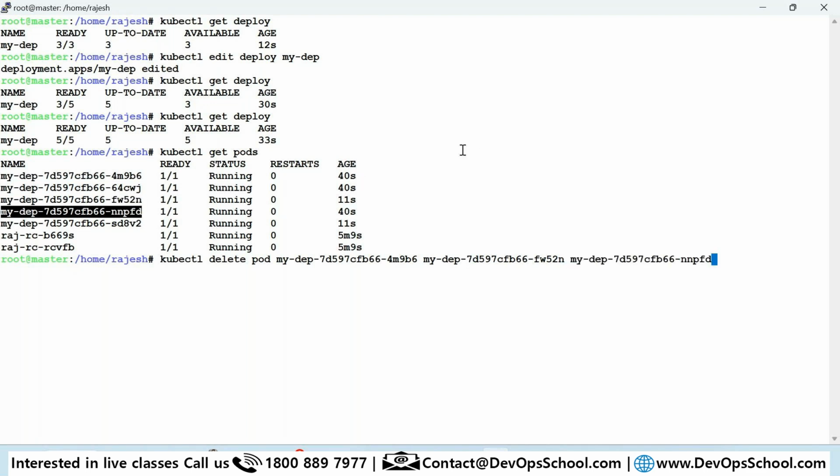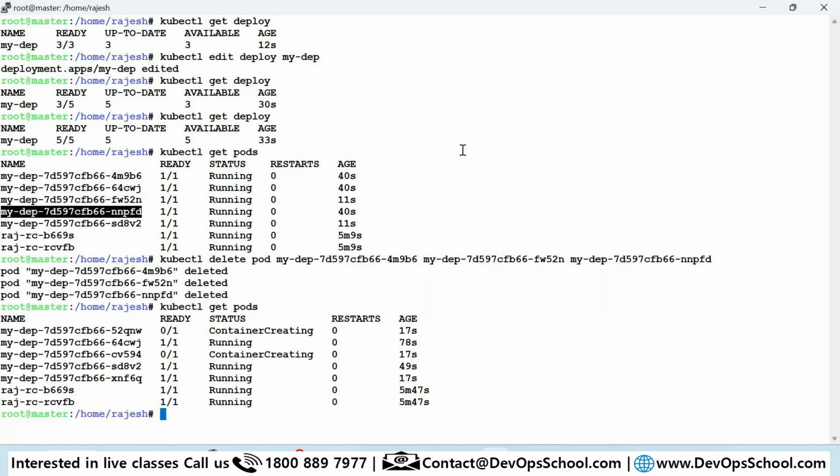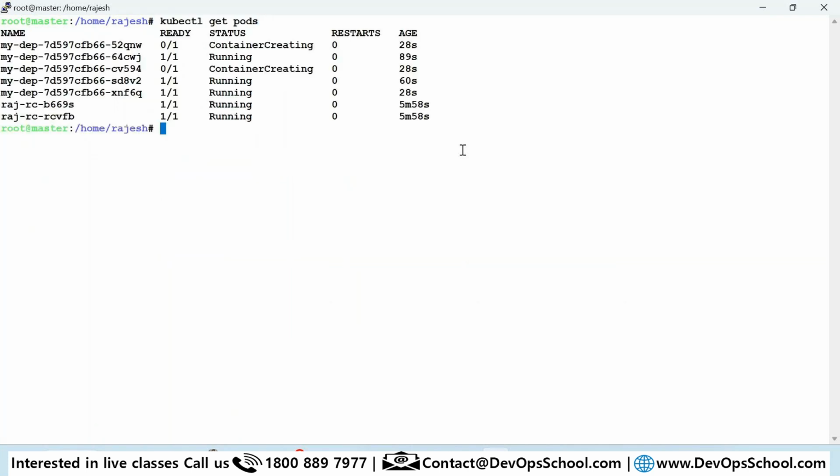Look at the age, 3 pods deleted, and you see the magic: the controller is built in with the deployment. Now it's taking a little time. And you see the pods, look at the age. Did you see some changes? It got recreated. Correct? Right? So this is a feature.